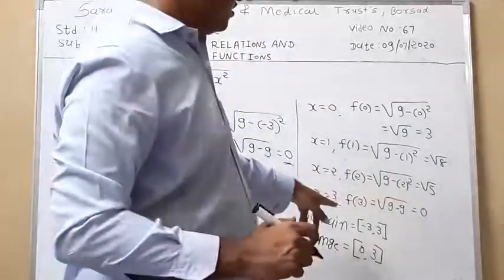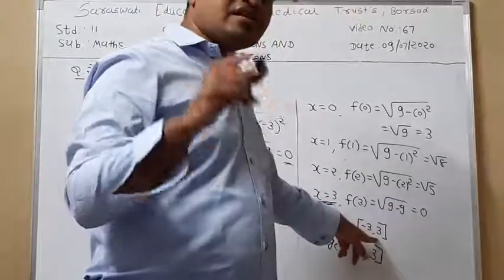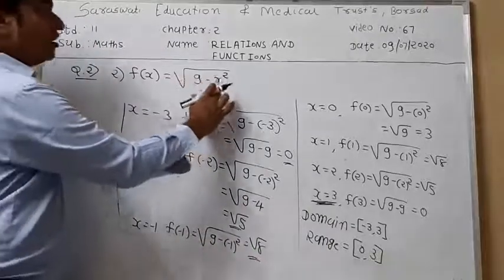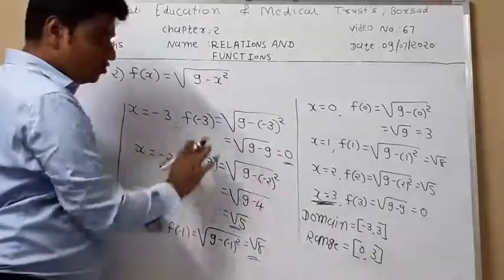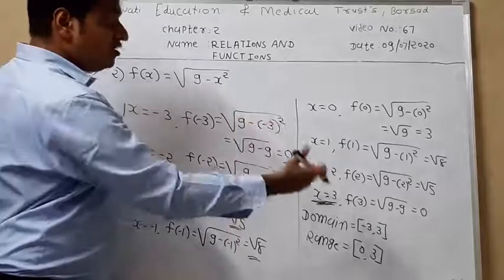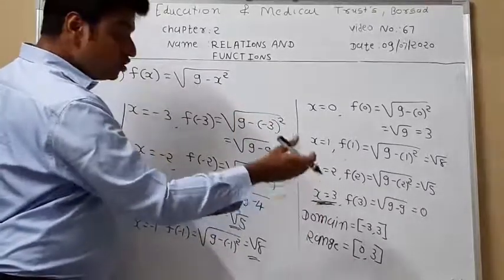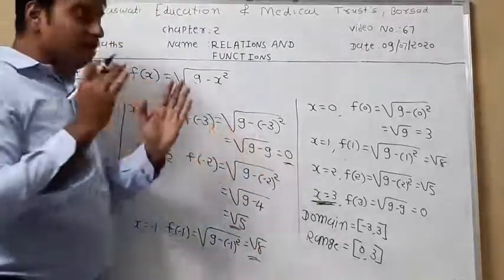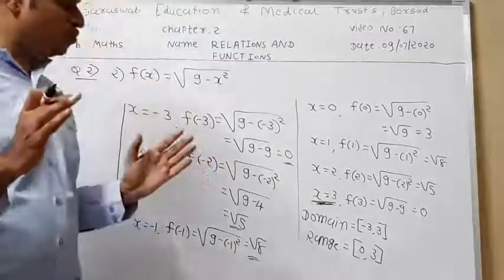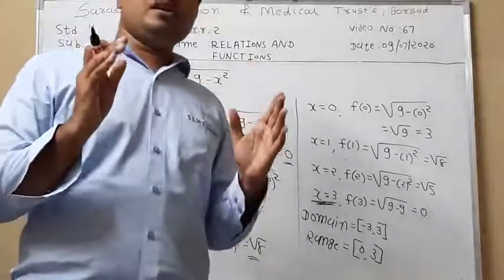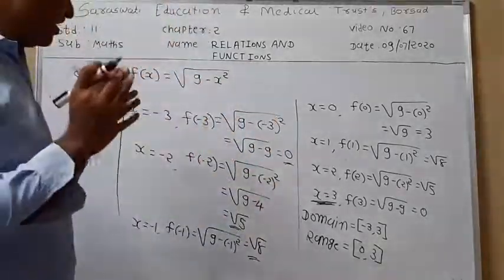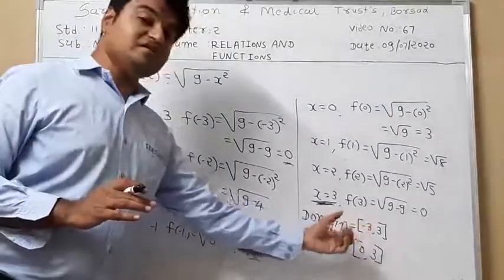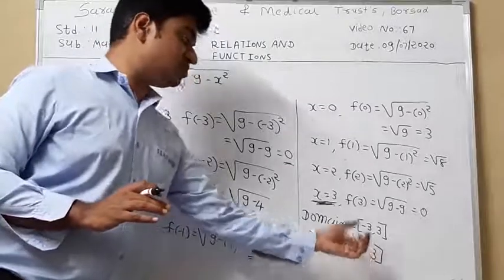डोमेन की पोजीशन हम क्लोज इंटरवल -3 से 3 के बिटवीन में ही नंबर कंसिडर कर सकते हैं, अदरवाइज अंडर रूट में नेगेटिव नंबर मिलेंगे जो अंडर रूट में पॉसिबल नहीं है. Same way in position of range, so in case of range again here we get the value between close interval 0 to close interval 3. 0 और 3 के बिटवीन में ही हमको रेंज की पोजीशन मिल रही है. सो डोमेन मीन्स क्लोज इंटरवल -3, 3, रेंज मीन्स क्लोज इंटरवल 0, 3.